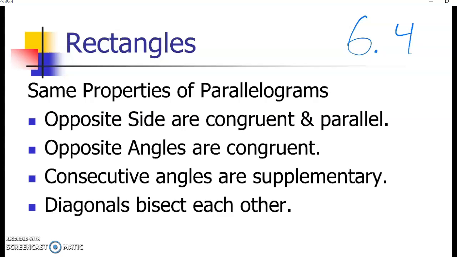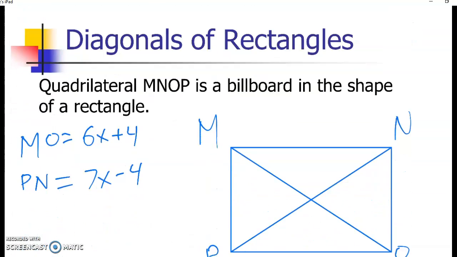So what we're starting with is properties of rectangles. They share the same properties as parallelograms. All four of these properties we wrote down in 6.2 apply as well for rectangles. And then we are going to be learning about a few other things that we can learn from rectangles. So, first problem we have